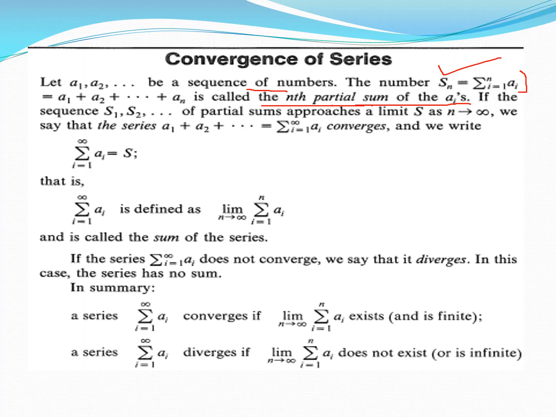If the sequence S1, S2, S3 of partial sums, which can be obtained from this formula, approaches a limit S as n approaches infinity, we say that this series converges, and we write it as